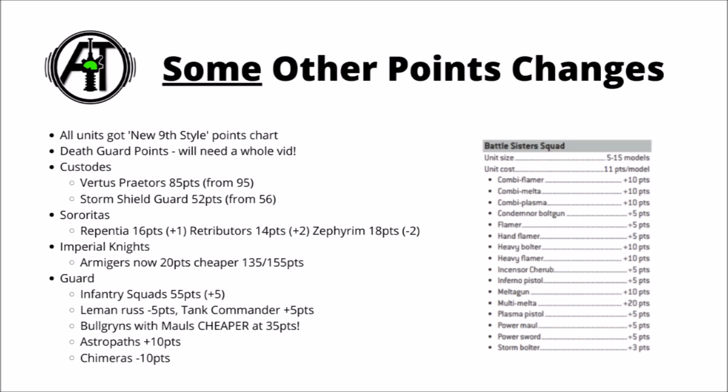First of all, Bulgrins with Moors got massively cheaper. They're now 35 points from 43, which I'm honestly a bit perplexed by, as they were already one of the most efficient units in the Guard Codex. These guys are now excellent bullies, being able to slog their way to the centre of the board, and they're just very, very efficient. Few enemy guns will have good effect against them,